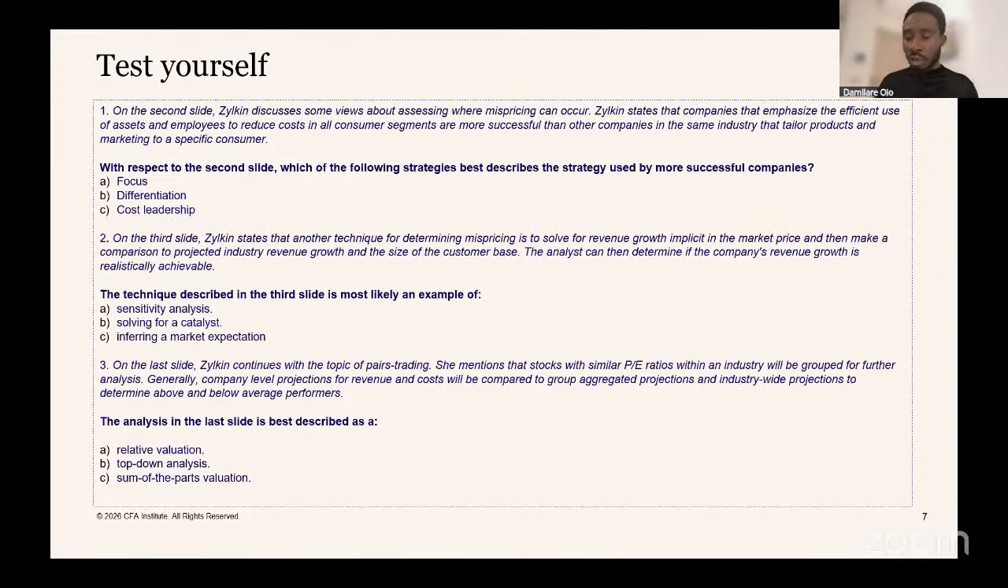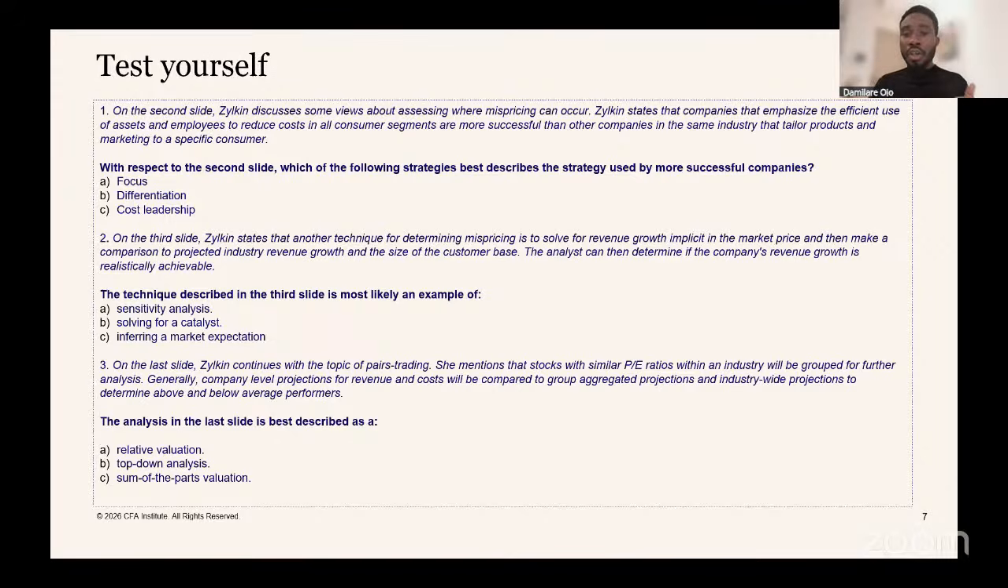You have your methods, you have your PE, you have your PS, price to sales ratio, but not necessarily the growth rate of the revenue. What you are trying to do here is looking at the options. Are you doing a sensitivity analysis? Are you solving for a catalyst? When you say sensitivity analysis, you are changing a particular parameter to see the effect of that on the result of your valuation. That is not what you are doing. You're not changing parameters. You are comparing the implicit revenue growth with that of the industry and the size of